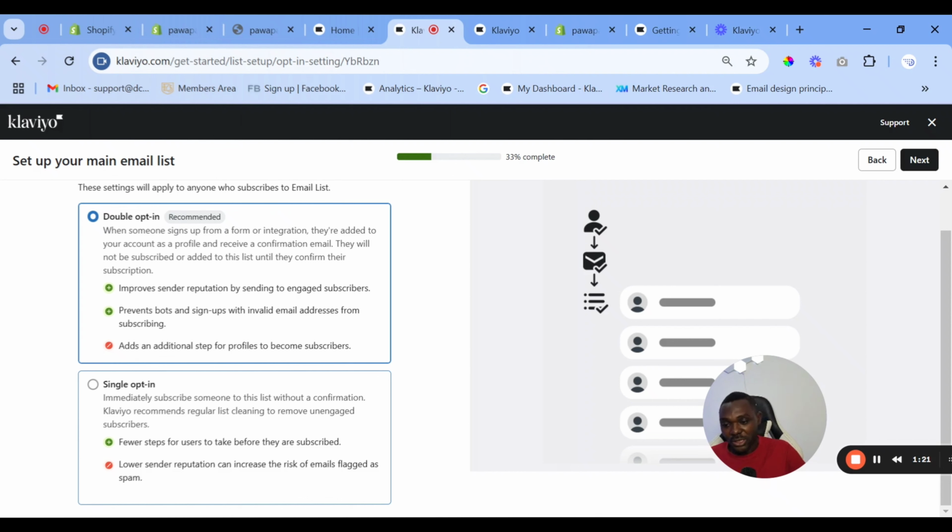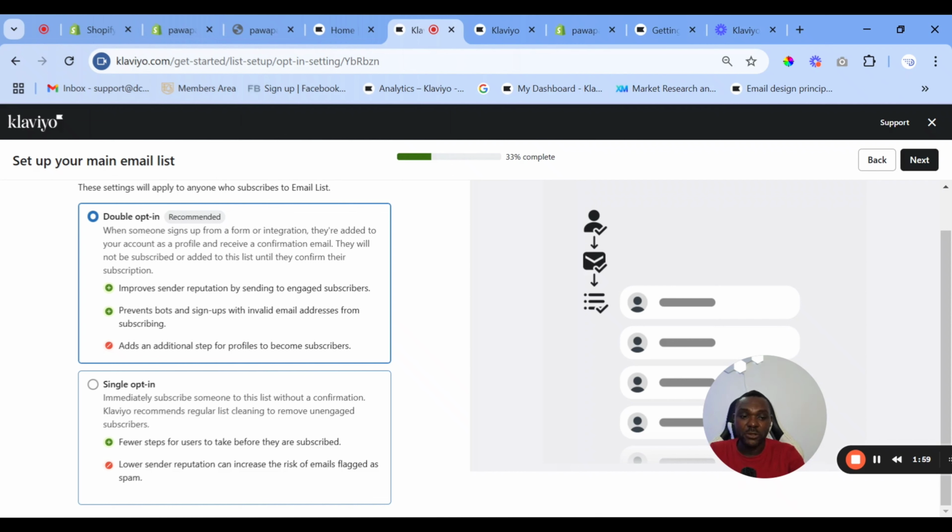But there are pros and cons to these two options. So if you use double opt-in, you're going to see more engagement with your email because these people took the additional step to verify that they want to receive email from you. And if you decide to go with a single opt-in, your email list might grow very fast, but you might see reduced engagement from your email because these people only said subscribe or opt in once and did not take that additional step to verify that they want to receive email from you,